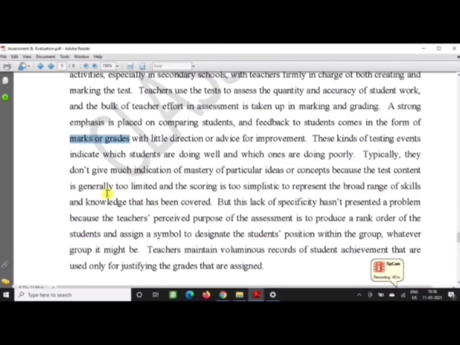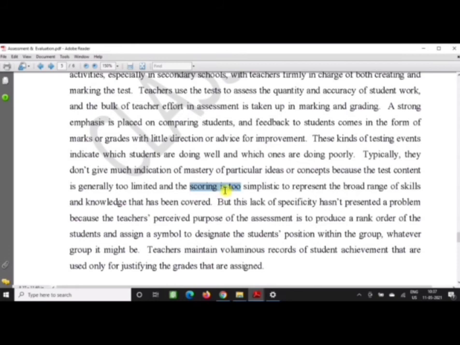Typically, they don't give much indication of mastery of particular ideas or concepts because the test content is generally too limited. Here it says that the test conducted by the teacher cannot give mastery of particular ideas or concepts because these are limited in many ways. This is conducted by the teacher, and some teachers' intuitions are also involved.